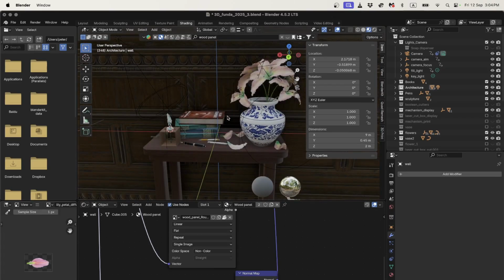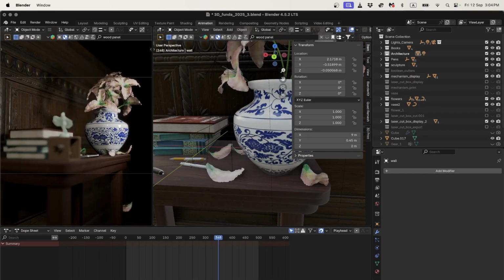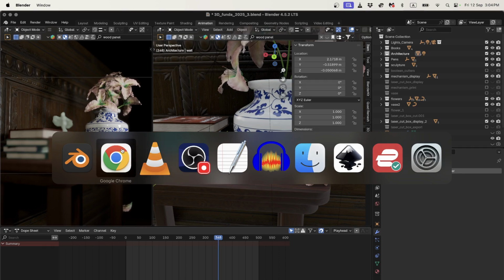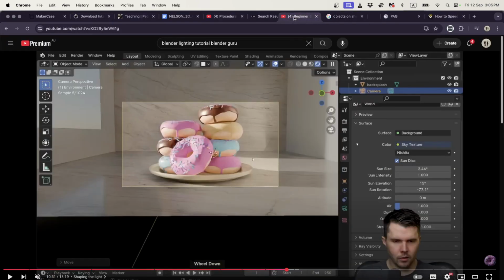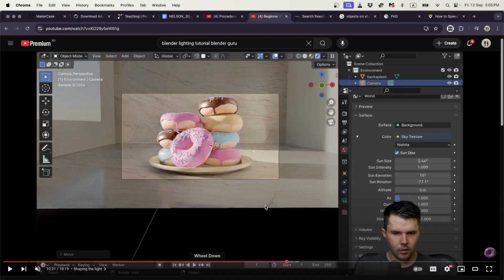So let's get into lighting. Okay, so lighting, I'm going to link to some more video tutorials because it's a big topic and there are so many fantastic Blender lighting tutorials out there. I'm going to keep mine pretty simple, but I'll link this one in the description. This is from Blender Guru. It's a tutorial on lighting, and there are so many. And Blender Guru also has this great introductory lecture on lighting, which I'll link as well,